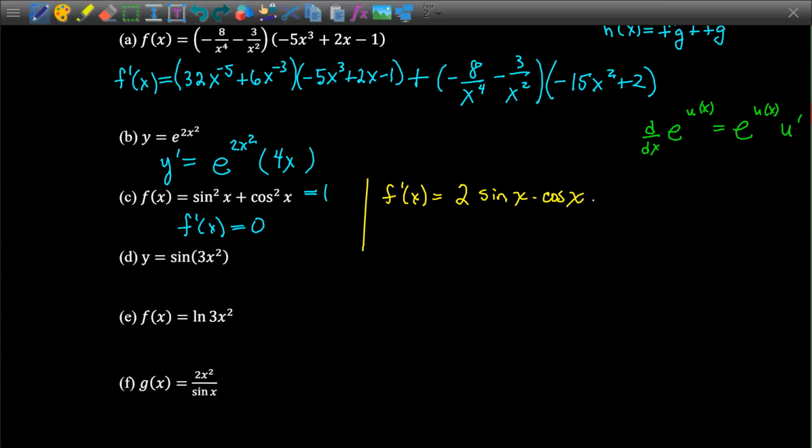Then minus or plus 2. Well, it'll end up being minus, but then the derivative of that second term, we get 2 times the cosine of x, and then times the derivative of cosine, which is minus sine of x. So we have 2 sine x times cosine of x. And it's going to end up being minus 2 times sine of x cosine of x, which is still 0. So for D,